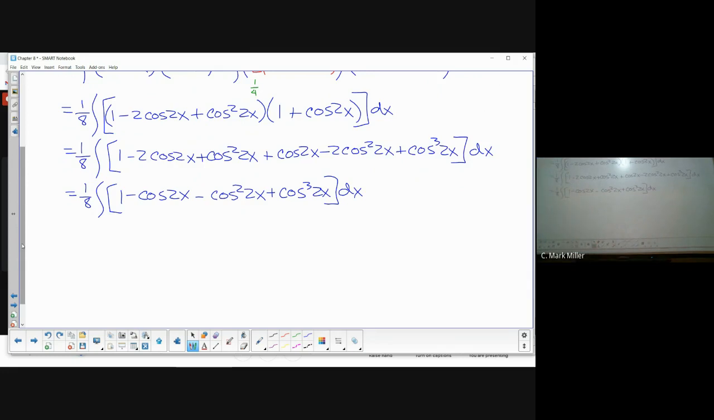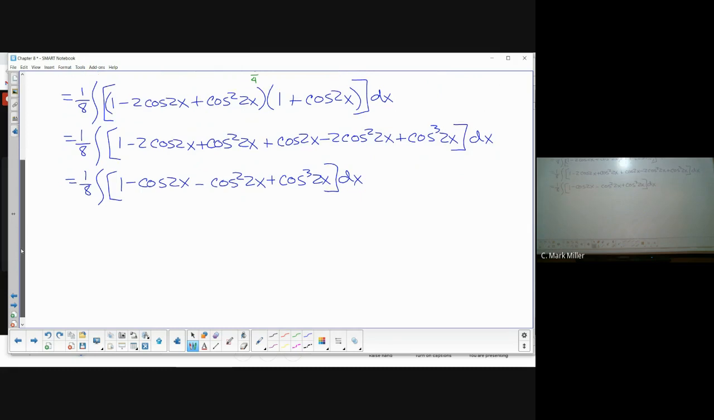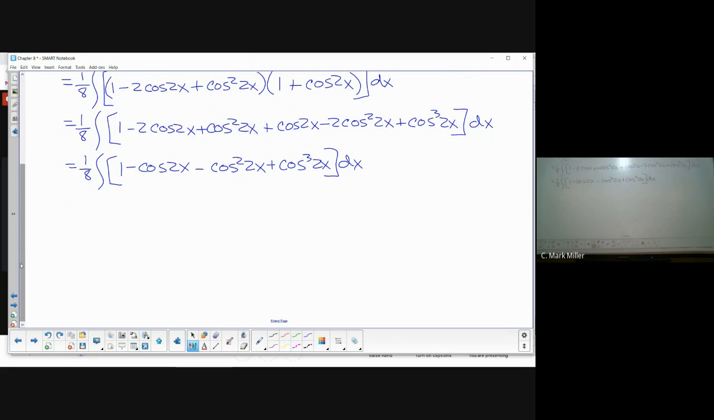You're not going to believe this. We have 4 terms. 4 terms. They all integrate differently. All these are in different forms. 1 integrates just to x. That was easy. Right? Minus cosine, I'm going to try to get all these ready to integrate, but I'm not